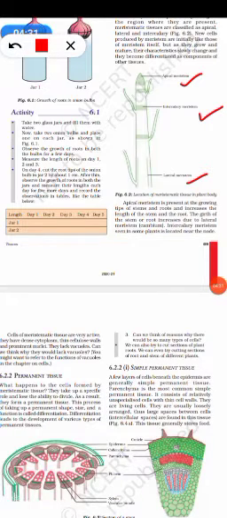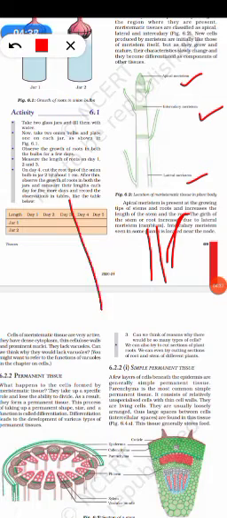So what is a node? Say there is a tree and there is a branching over here, so this branch is there. In between, this is known as a node. So here is where intercalary meristem is present. Cells of meristematic tissue are very active. They have dense cytoplasm, thin cellulose walls, and prominent nuclei. They lack vacuoles, or have very few vacuoles.